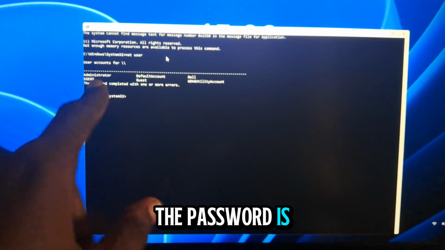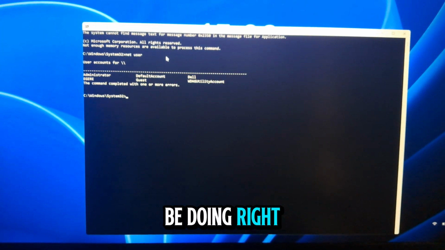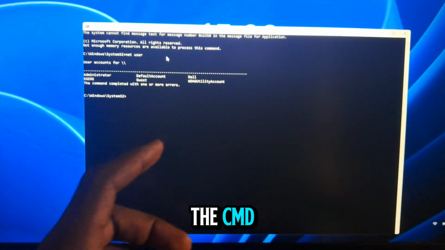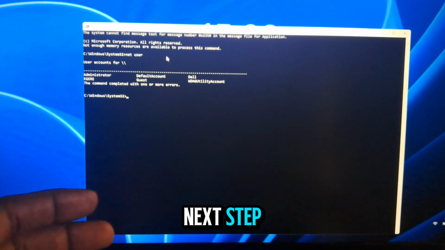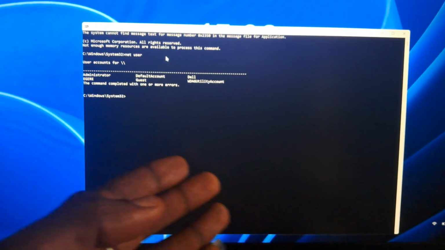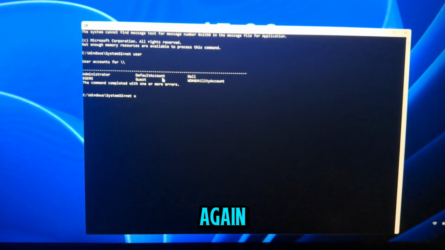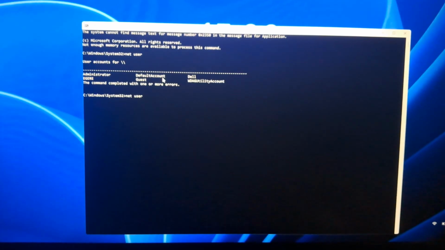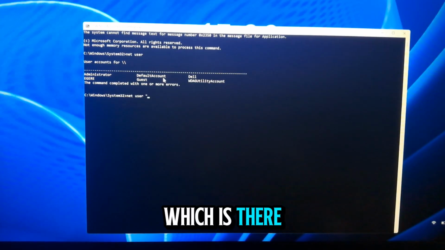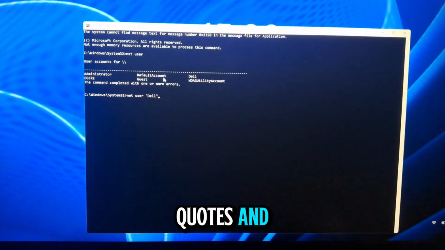As for this administrator, the password is not forgotten and it's a Microsoft account, but the Dell is a local account on this PC. So since we've verified that the user is right there on the CMD, the next step is to reset your password. Follow me as I type in the next command to achieve that. The command is net user again, and you type in the name of the account, which is Dell, as stated here, in quotes,